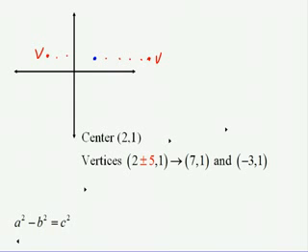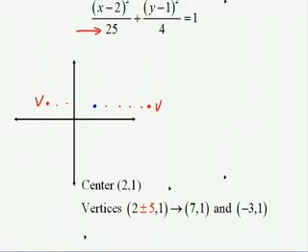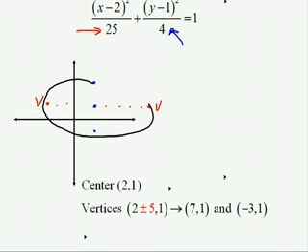Now going back up to my equation, I can see from the other denominator, which is the 4, the square root of 4 is 2, so this means I'm going to be going up 2 and down 2 to find the covertices. And let's finish drawing the ellipse here. Of course, you'll make yours actually go through the points. And the covertices, since those were 2 spaces above and below the center, they're going to be at 2, 3,